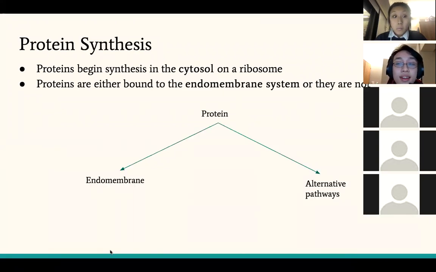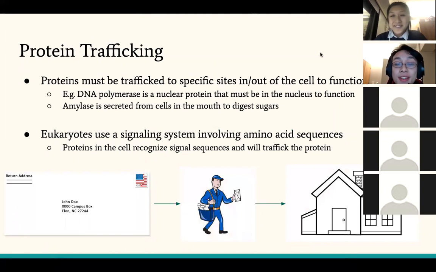You can think of it like a postal service. When you try to mail a letter, you write the address you're trying to send the mail to. The mailman reads whatever address is on there, interprets it, and sends it to the correct site. That's basically what the cell is doing. There's going to be a tag; we're going to talk about those later. There are tags on proteins. They're interpreted by other proteins in the cell, and those proteins act as mailmen delivering proteins around the cell. So that's the overall concept.